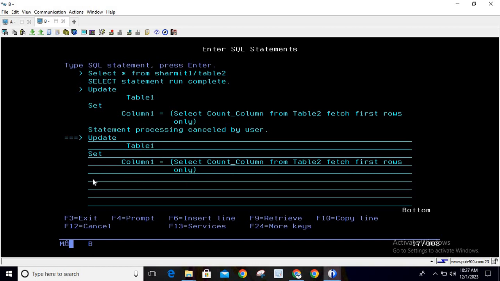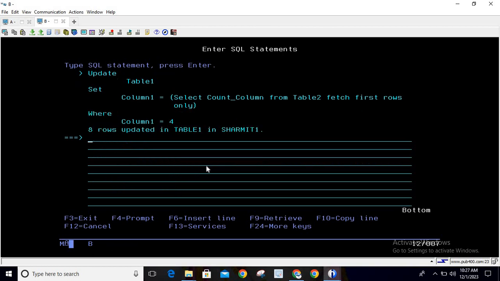Now as per our requirement, we should mention one condition like where column1 equal 4. So this time it will replace only those records where column1 is 4 with this subquery. So if I hit enter now, you can see 8 rows have been updated. So let's see the data again in table 1. Select star from